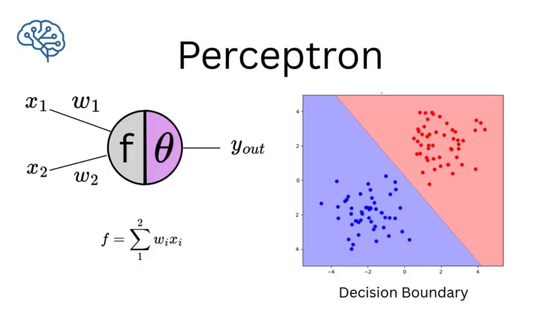Mathematically, the decision rule looks like this: W1x1 + W2x2 + b = 0. This equation represents a straight line in a two-dimensional space. That line is the perceptron's decision boundary. It separates the input space into two regions: one side where the perceptron outputs 1 and the other side where